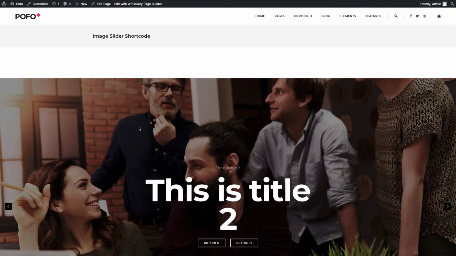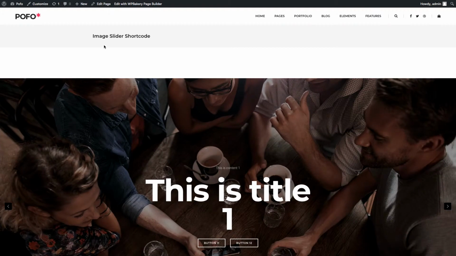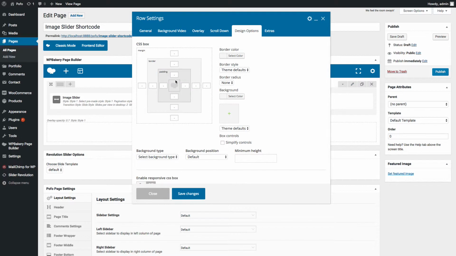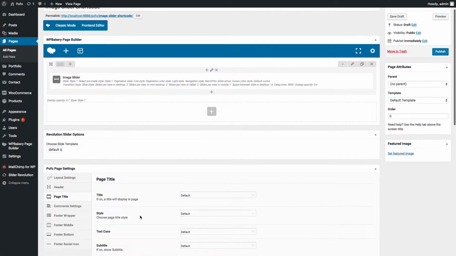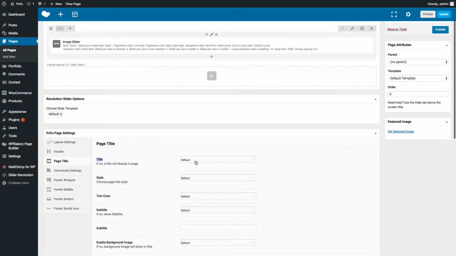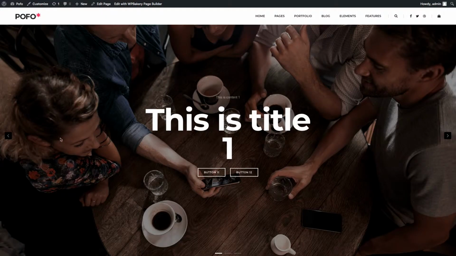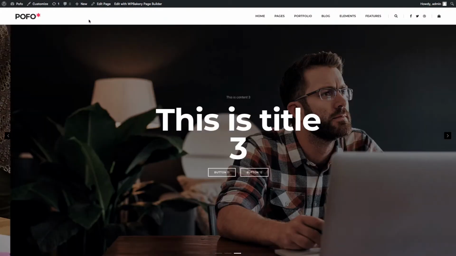And if you want to cover header area, so to make your slider full screen, then first I need to disable this page title area and remove padding of row shortcode. Let me go to row settings and click on design options tab. Let me set 0 padding here. Save changes. Under POFO page settings, click on page title tab. Switch off title option using this option. Let me check preview now. Great, my image slider is covering whole screen now,